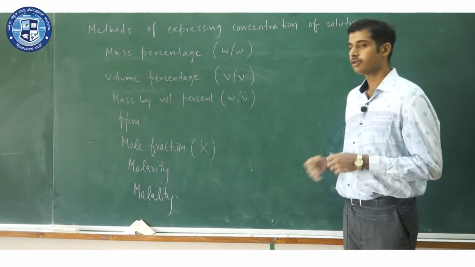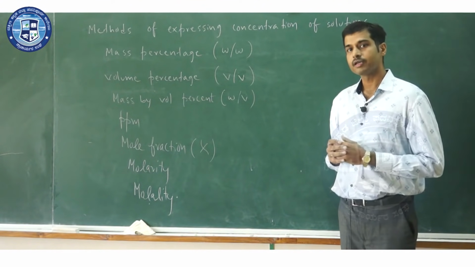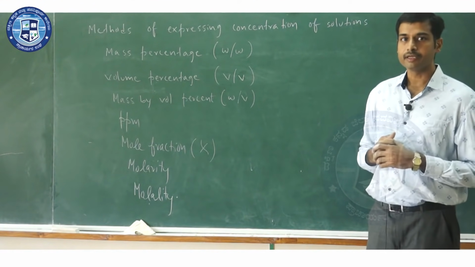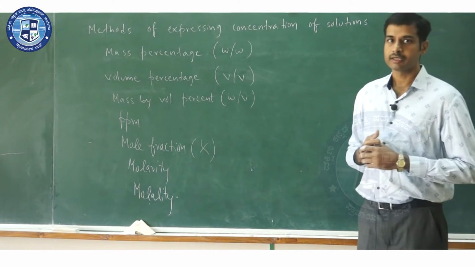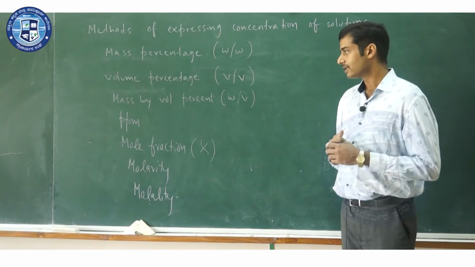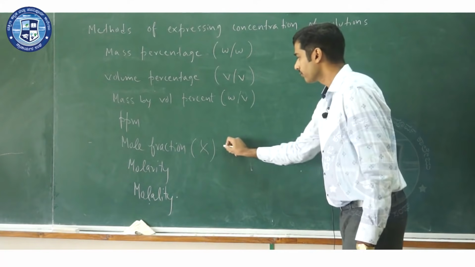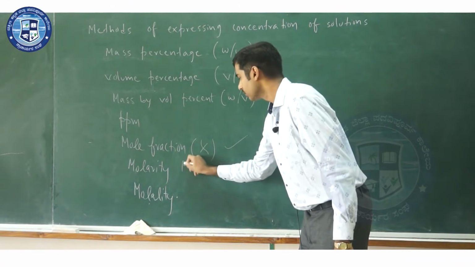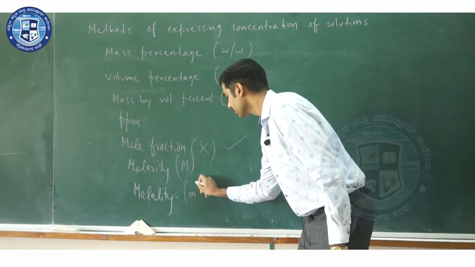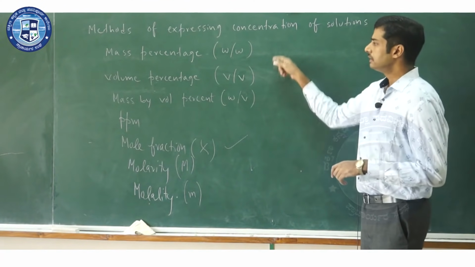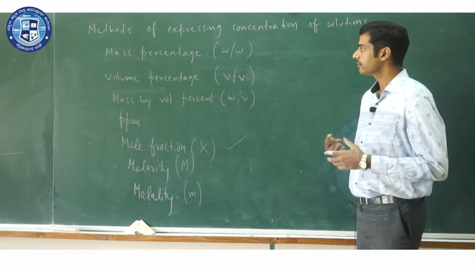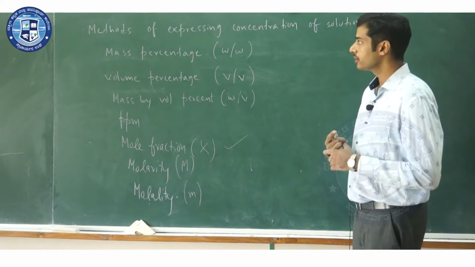Now all these methods have been taken up in your first PU, basic concepts of chemistry. You have gone through each method and solved some of the numericals associated with it. But for the sake of completeness, let us briefly go through each one of these methods, because in this chapter we are going to use some of these methods extensively, especially mole fraction, molarity, whose symbol will be capital M, or molality, small m. These remaining methods are useful in their own way, and we have seen all of these in first year classes.